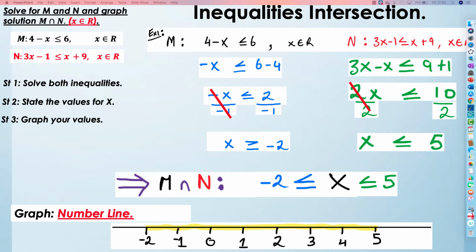A is x plus 2 greater than or equal to 5, x an element of R, and B is x plus 2 less than or equal to 7, x an element of R. Solve and graph